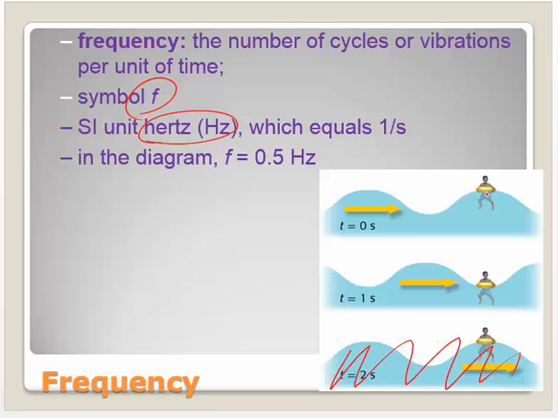He's only gone down, he's only made 1/2 of a cycle because he's only gone down, if you notice here. He's down to the bottom. He's at the trough. He was at the crest, and he's at the trough. So he's made half of a cycle, half of a complete revolution in a second. So his frequency then is 0.5 hertz. If he'd gone down and back 3 times in a second, say there's a lot more waves, then his frequency would be 3 hertz, and so forth.